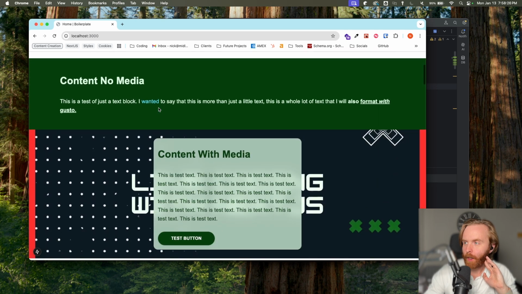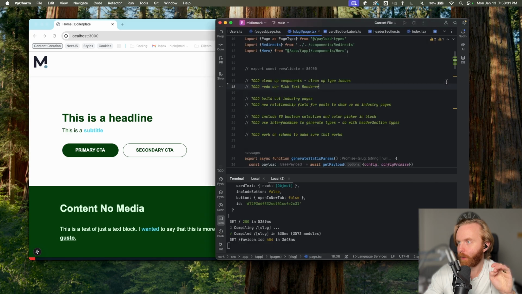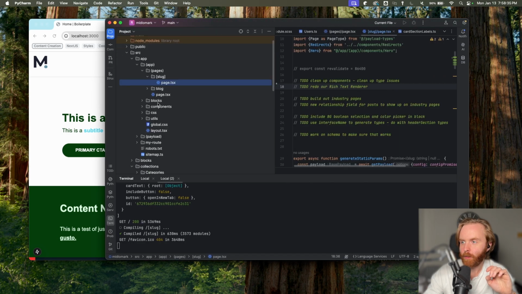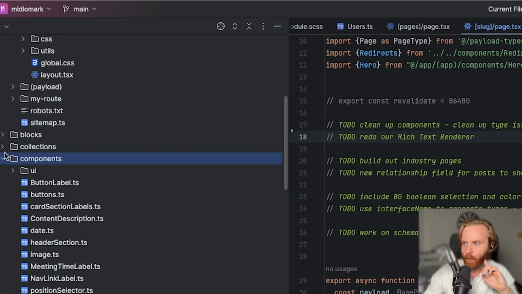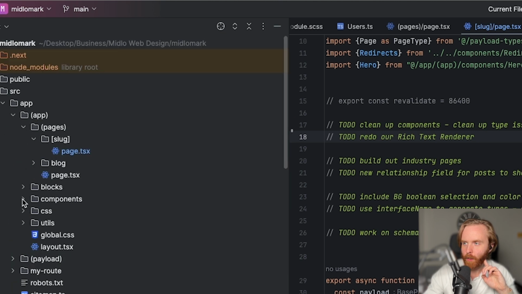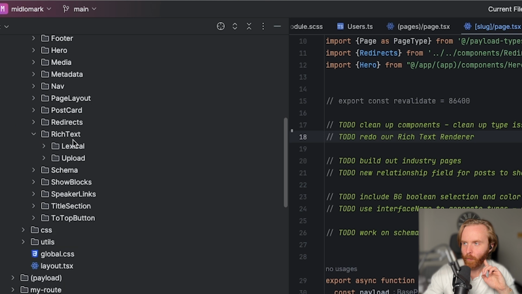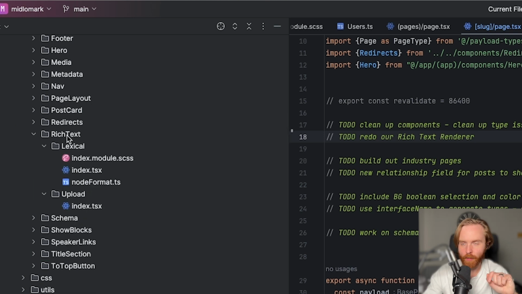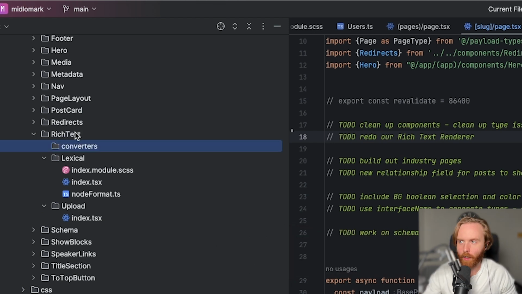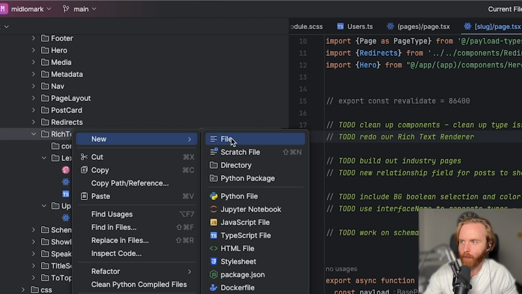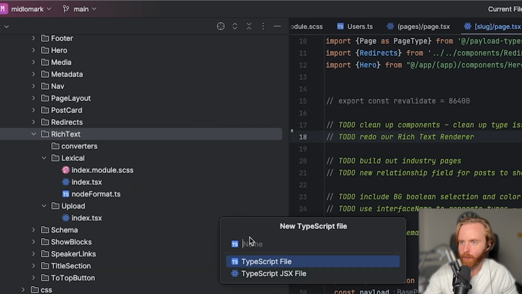So we do have some rich text stuff here, but what we're going to do is create, not in our components directory, but up here. We have a rich text folder already with lexical and upload. We're going to change this. We will continue using our rich text directory, but I'm going to add a new directory. Just to start off, we're going to have converters in here, and we'll come back to that in just a second. Other than that, at the top level of our rich text we're going to have